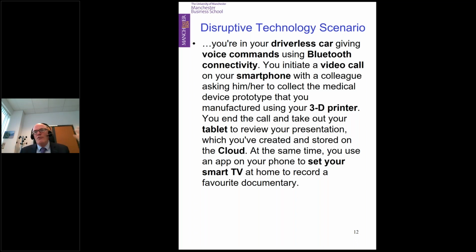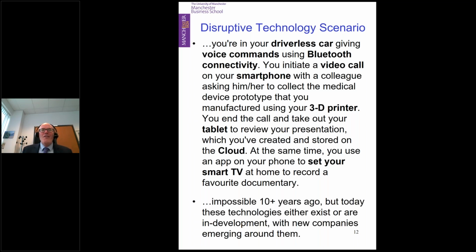At the same time, you ring back. You get on to your app on your phone and you set your smart TV at home to record your favorite documentary, etc. All of that was impossible 10 plus years ago, but today these technologies either exist or they